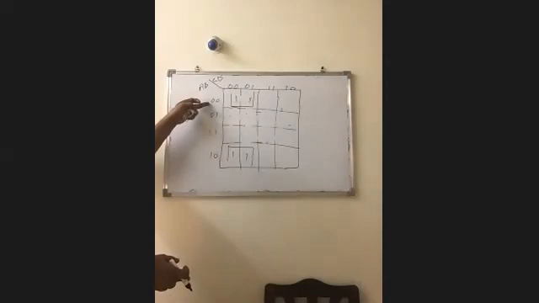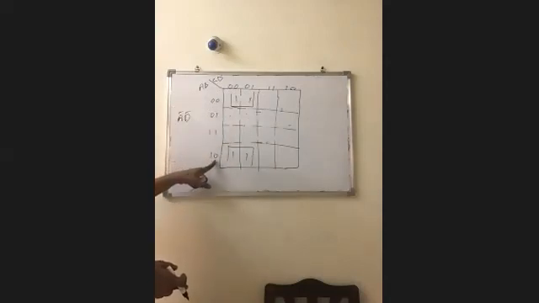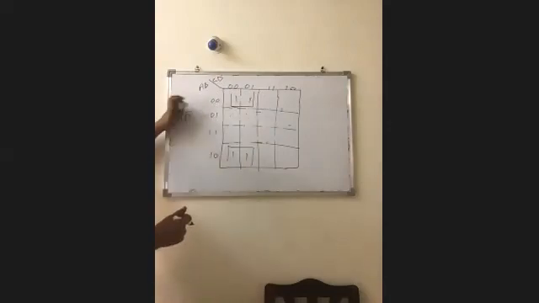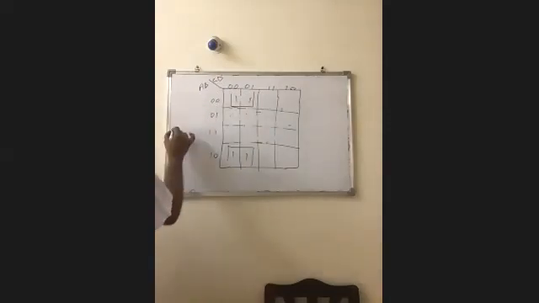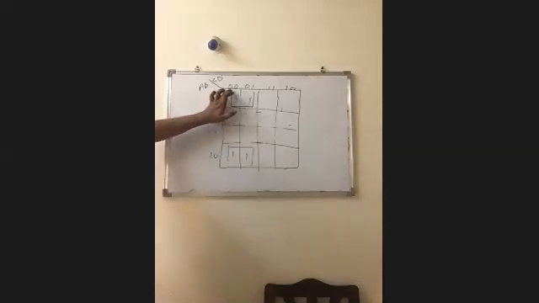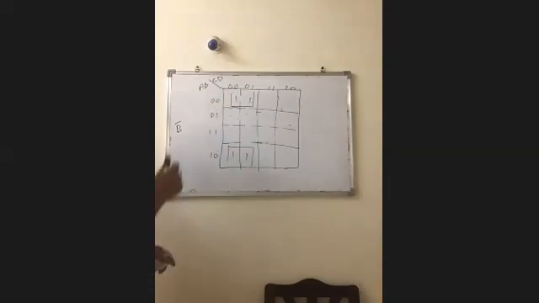There is a change in the variable A, so forget about that one. There is no change in the variable B, so write for that one B bar. From the first column to the second column, there is a change in the variable D, so forget about that one. There is no change in the variable C, so for that one, write C bar. So write B bar, C bar.